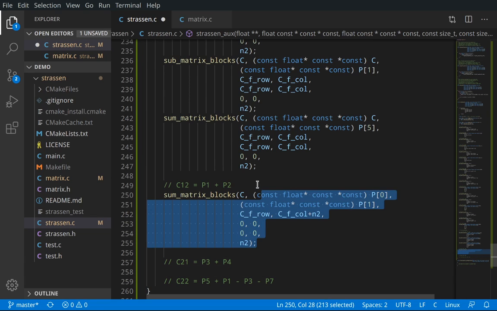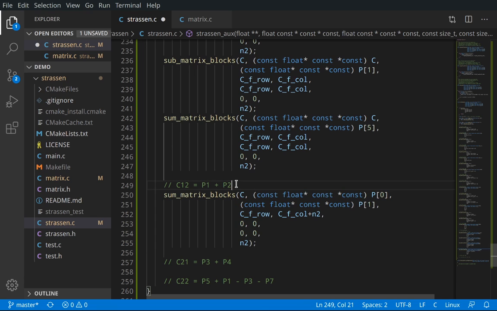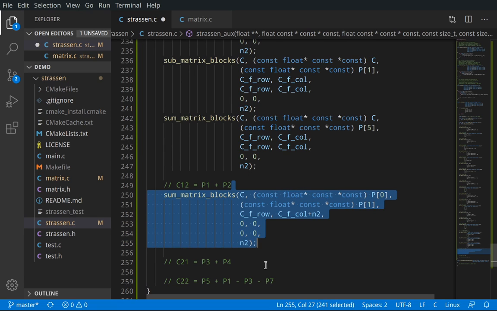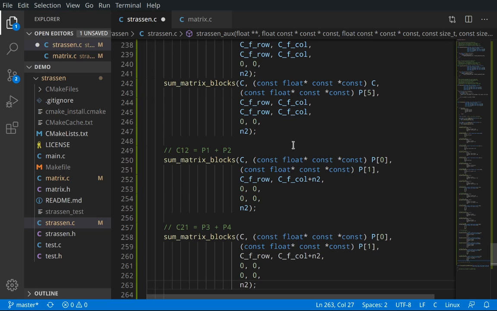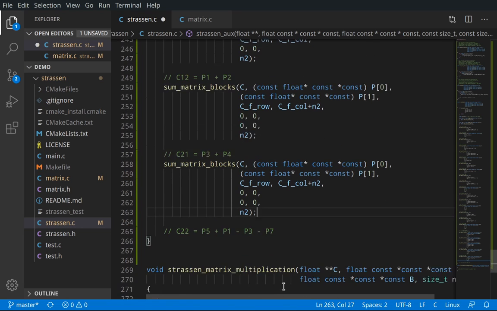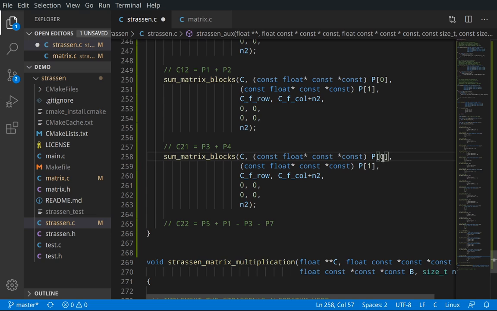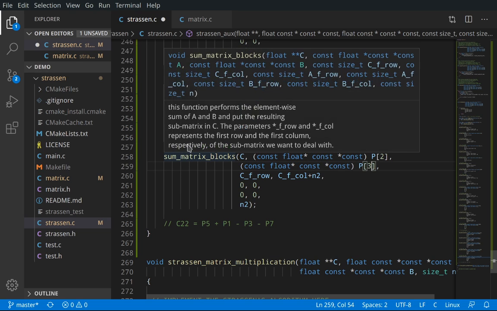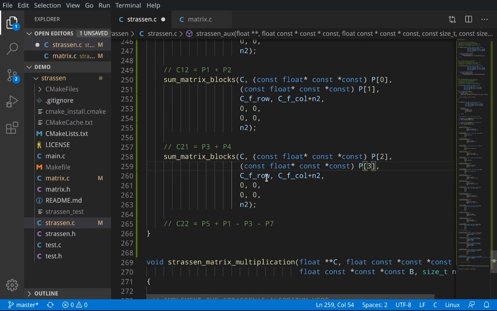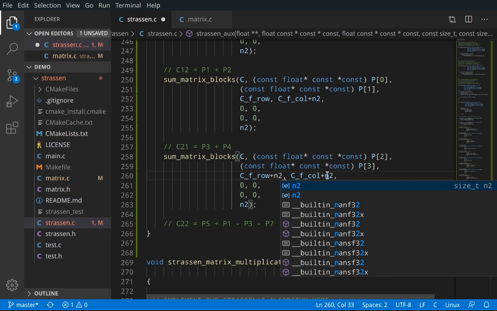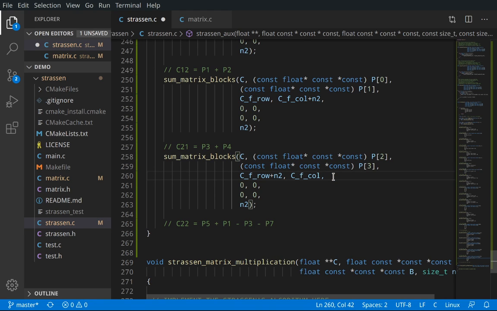Now again, let me do everything, but I mean it's quite straightforward once you have understood this part of the code. So we should be 2, we should be 3, and here we are dealing with C21, so this should be plus N2, and this should be 0. Okay,